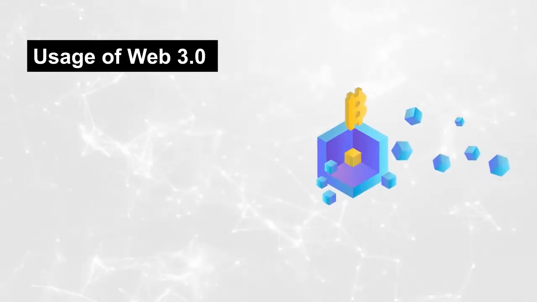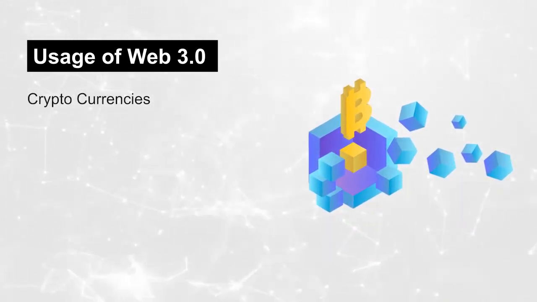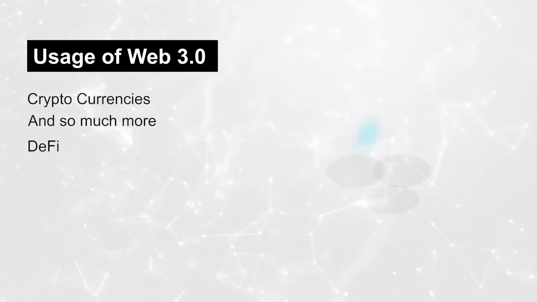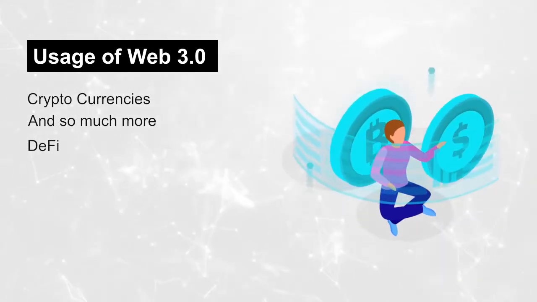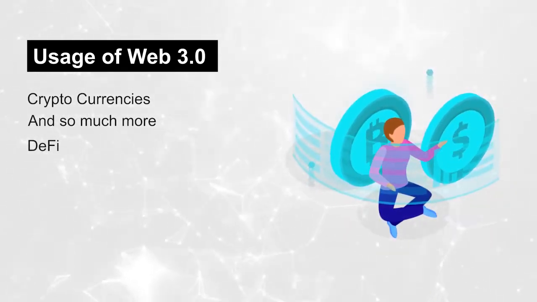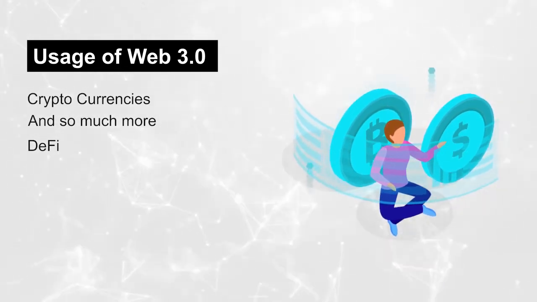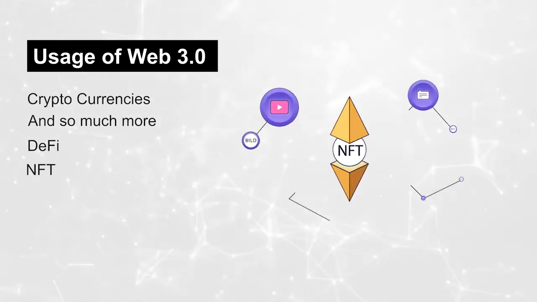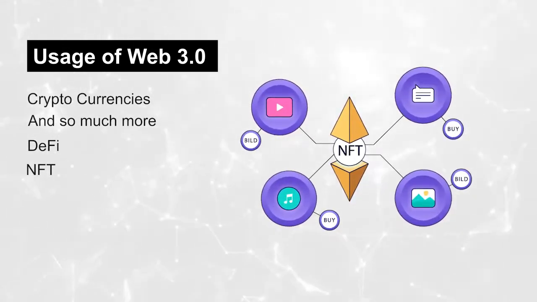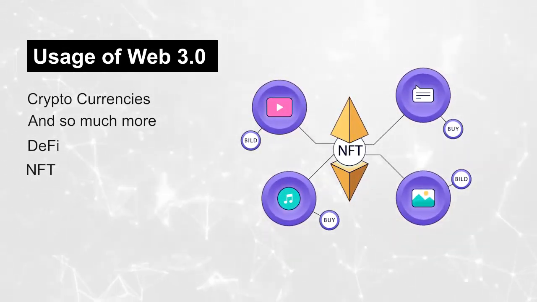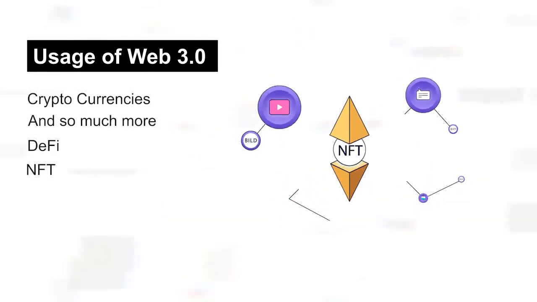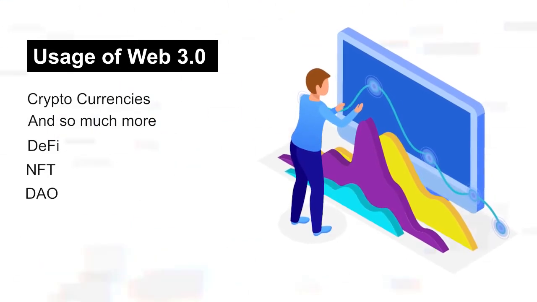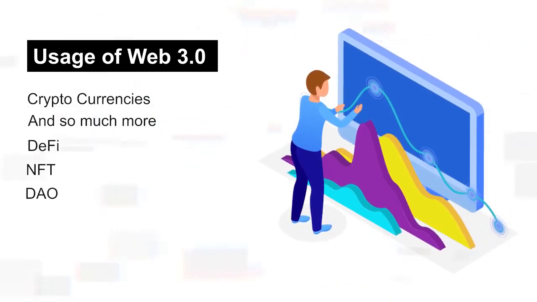The first usage of Web 3 was to build cryptocurrencies, but Web 3 is capable of so much more. With DeFi protocols, we can reinvent finance in a decentralized way, open to anyone and without bank regulations standing in the way. With NFTs, unique digital assets can be created, which has many uses such as in-game assets and digital arts for trade. With DAOs, we can create decentralized organizations without all the limitations of traditional companies.